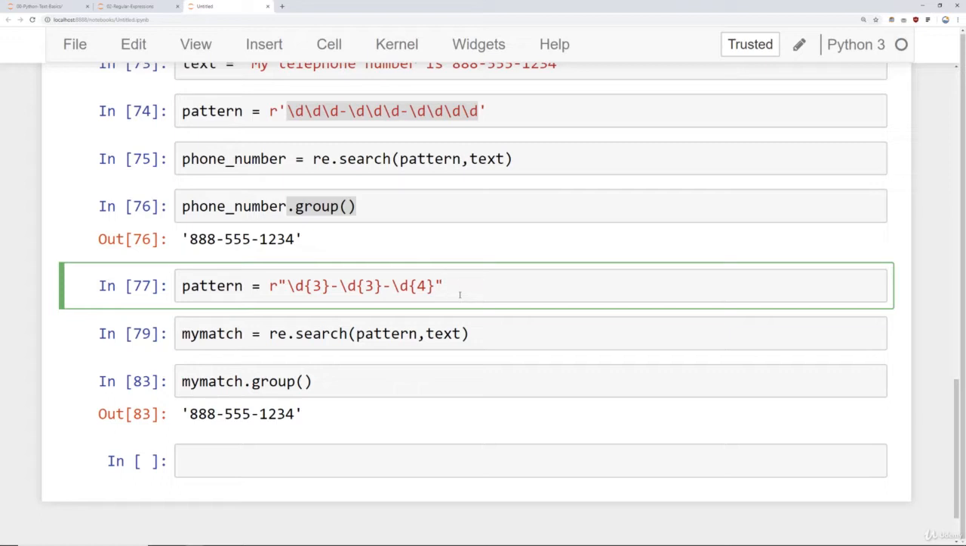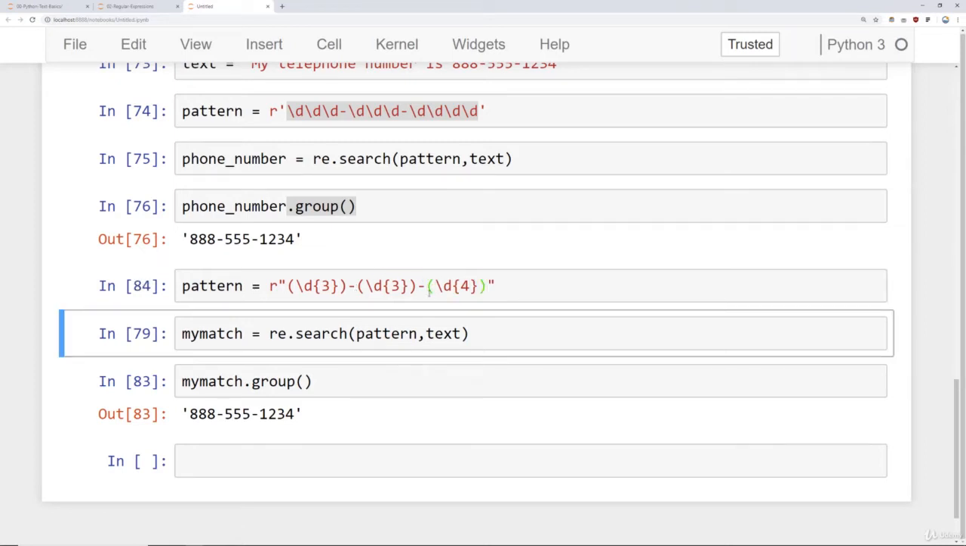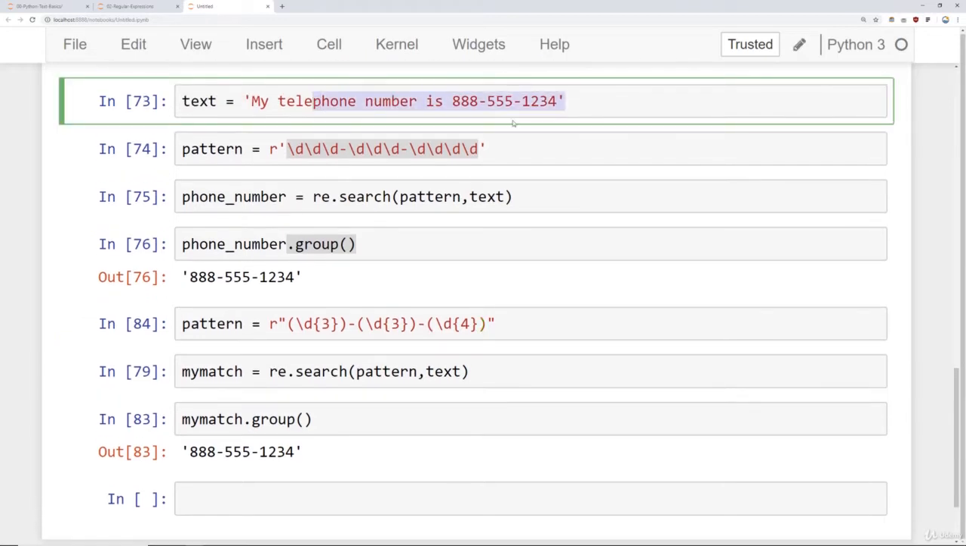One other thing I want to mention is the ability to grab separate groups. Currently, this entire phrase for the pattern is one solid group, but you can compile separate groups using parentheses. So I can use parentheses to separate these groups in between the dashes. So I'm adding parentheses, and now when I search for this pattern inside of the original text, which was my telephone number,